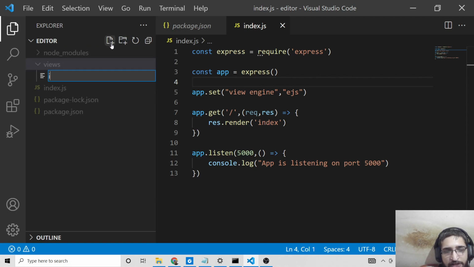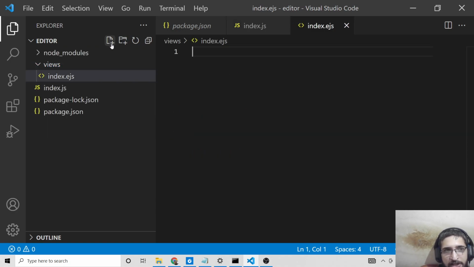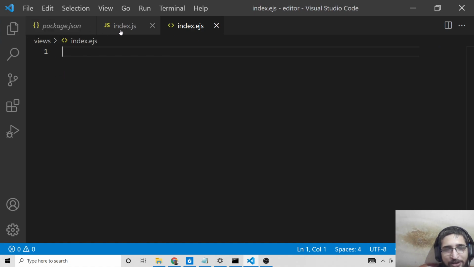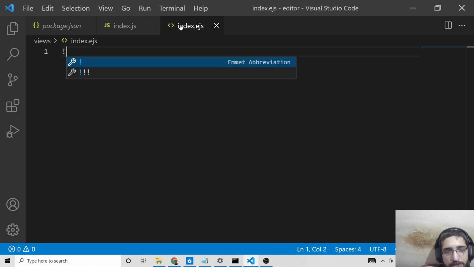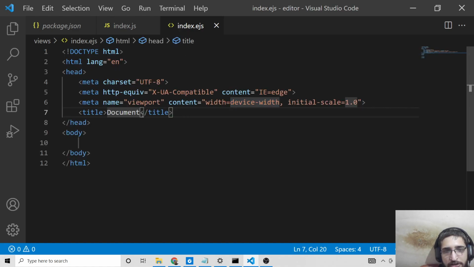Now we need to make a views folder inside this. Inside this, we will make the file which is index.ejs. This will be holding the dynamic HTML which will be provided here. So let me just write a simple template. Change the title to file downloader,